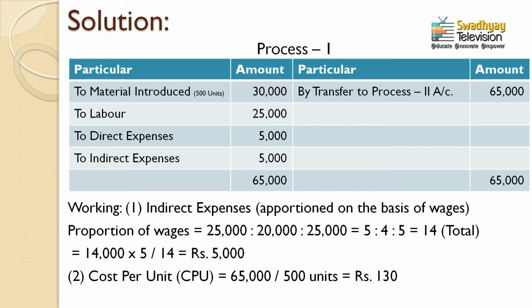As I already clearly mentioned, it is given in the question itself that we don't have any work in progress so far, and they don't have any closing stock either. So on the credit side, no work in progress, no closing stock, no sales value, no byproducts value, and no normal or abnormal wastages. So on the credit side of the process 1 account, only the amount which is actually incurred in process 1 will be transferred into the process 2 account.